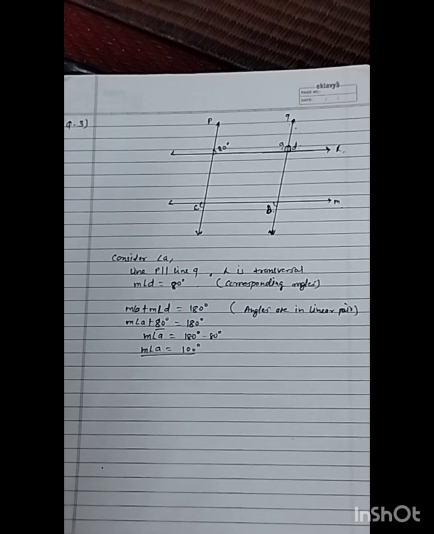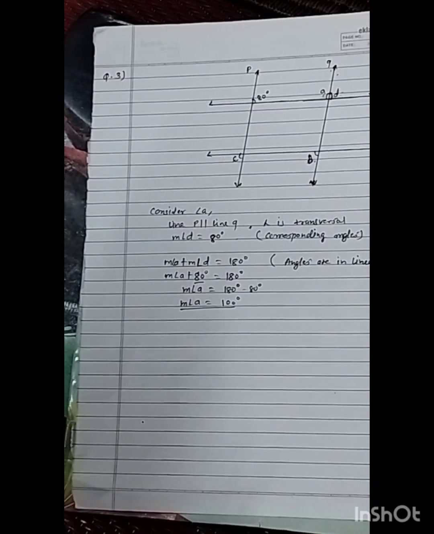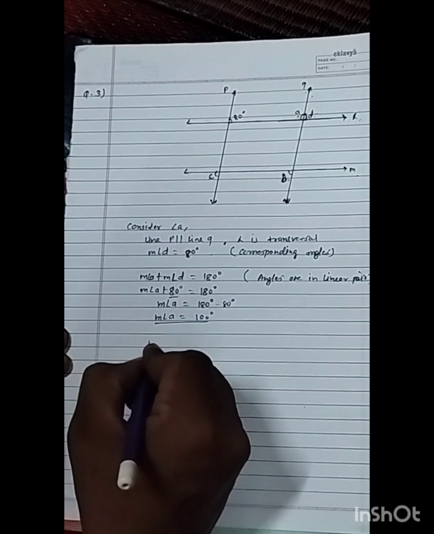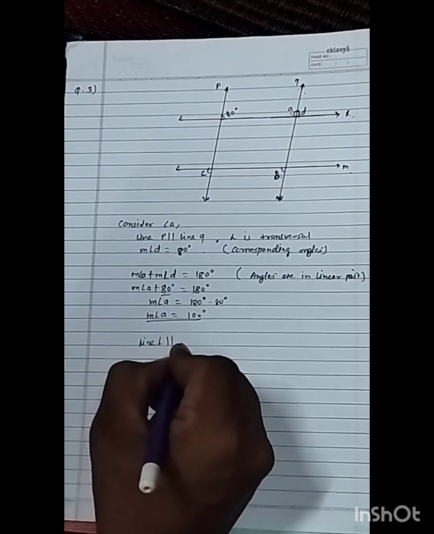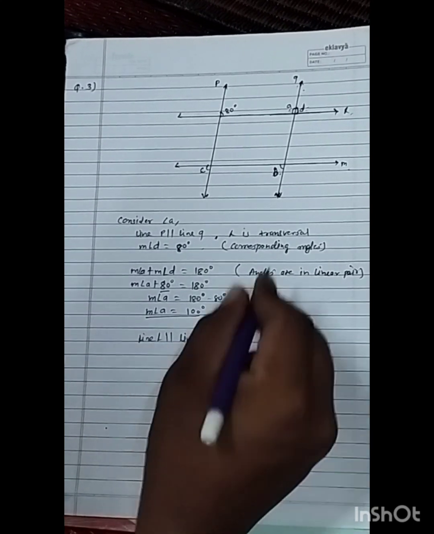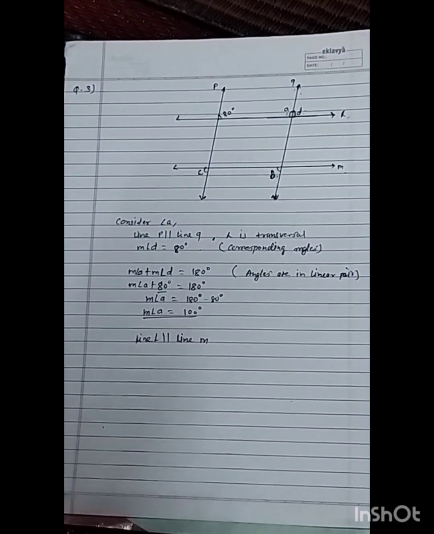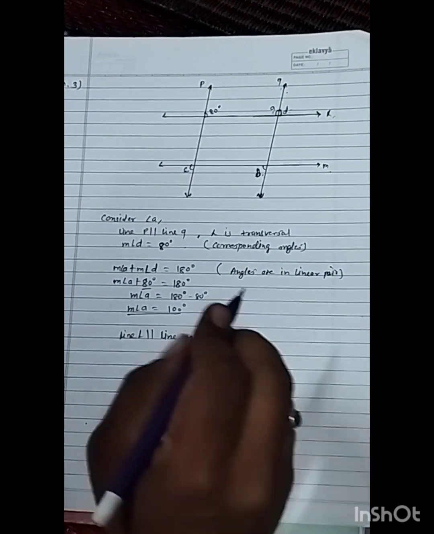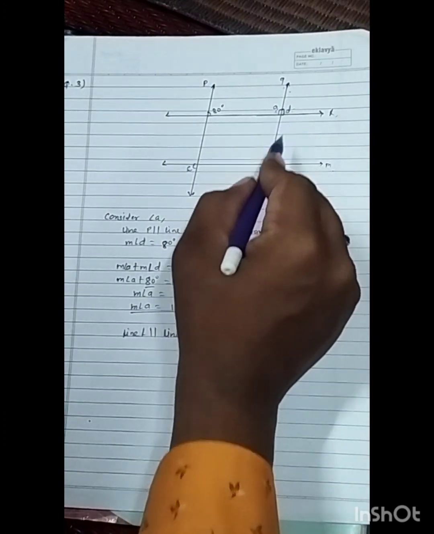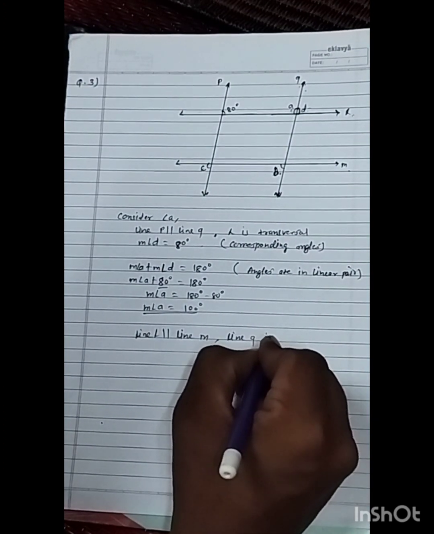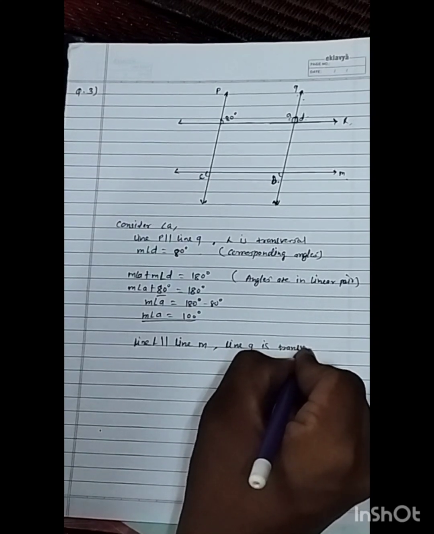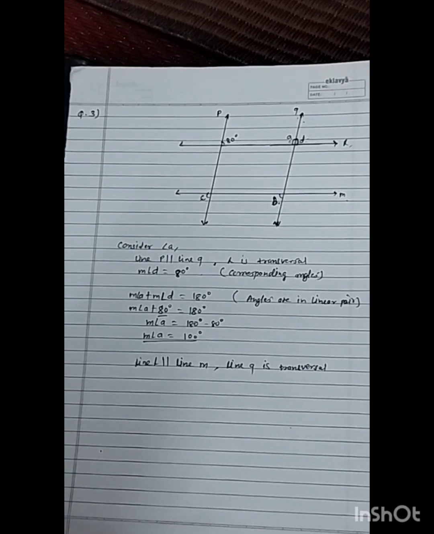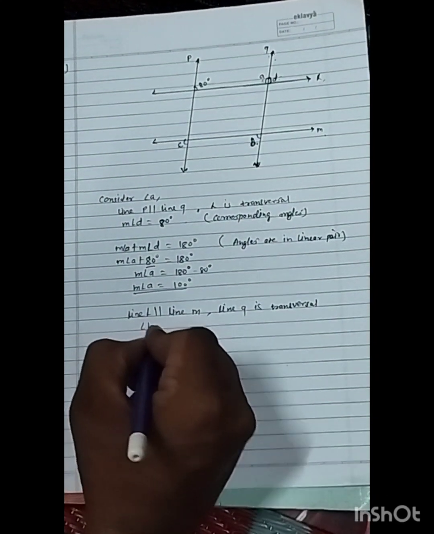Now we'll see. Okay, stop. We have to find the angle B and angle C. So for that we are going to consider line L parallel line M. Line L parallel line M. And for that, suppose we are going to consider line Q is transversal. What is now here? Line Q is the transversal. For this angle B we are going to see Q is transversal of both.